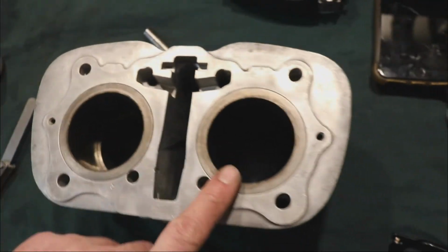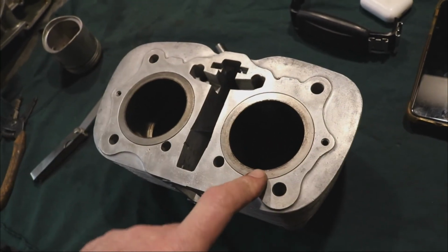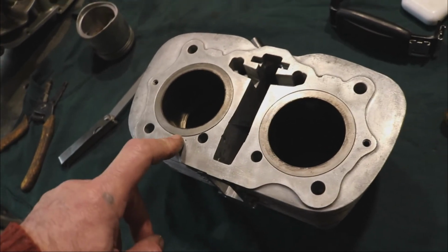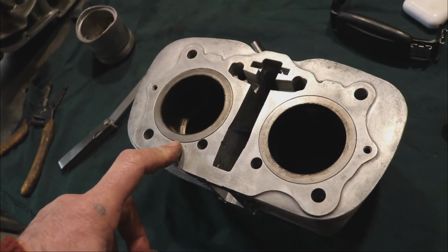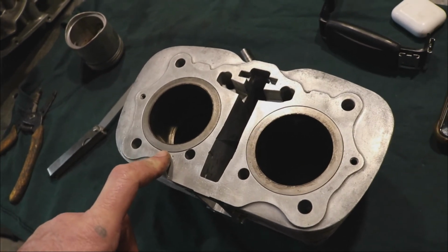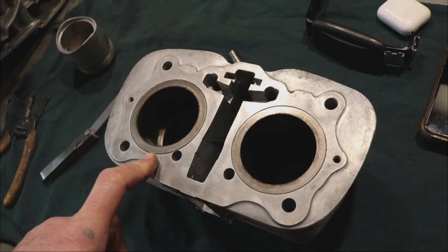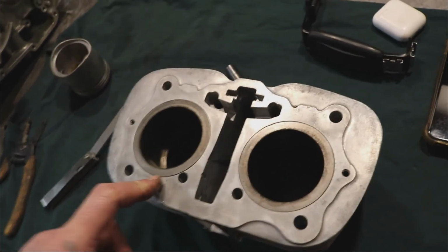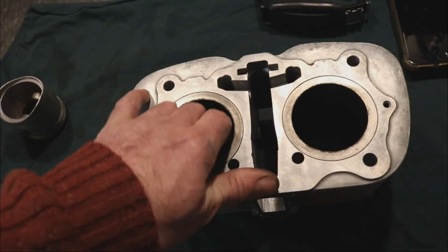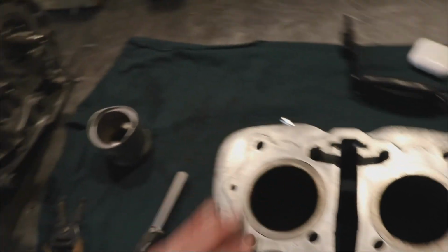So this cylinder was 64.08 millimeters, and this one was 64.05. So I'm going to double check my specs on that, and I do believe that's definitely within the honing range, and I'm going to hone these out and get this engine put back together, and